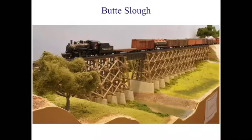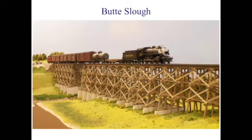I want to go to one of the first things I built on the railroad, and that was the bridge over Butte Slough. I'd never built a trestle before. I wanted to build one. Here's a view of a westbound train. Here's an eastbound train going over. I built a jig out of styrene to build the bents. And anyway, that's how that. I have plans for a couple more trestles, probably not as